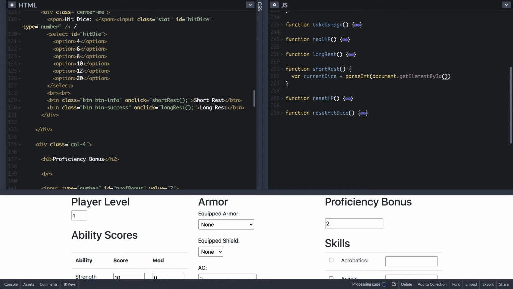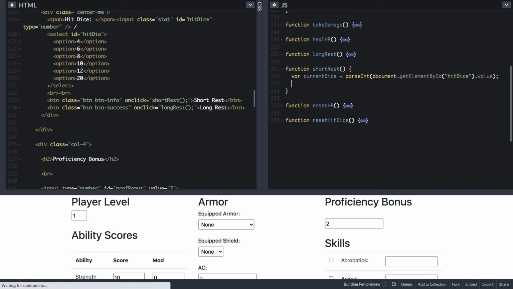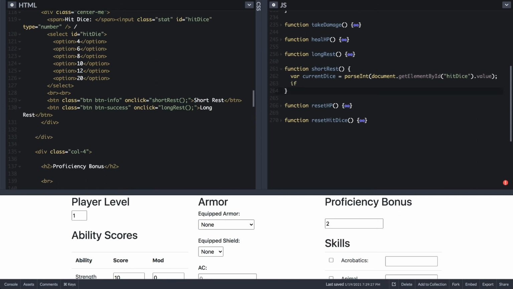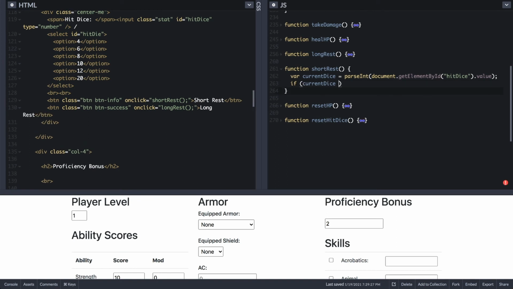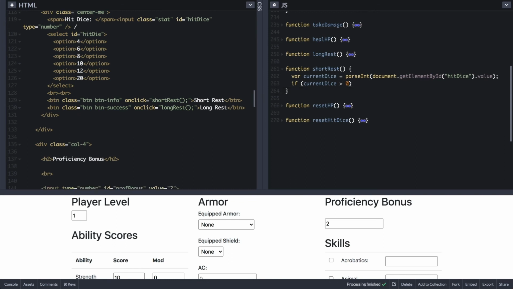And what we're looking for is those hit dice, not the hit die, but the hit dice. That's your current number of dice that you have available to you. And we're going to get the value of that, add a semicolon outside of all those parentheses, and move on. Now we're only going to allow the player to take a short rest, or more specifically, mechanically, you're only going to be able to take a short rest if you have hit dice to spend, right? Otherwise, you're not going to be able to recover anything. So, if our current dice are greater than 0,